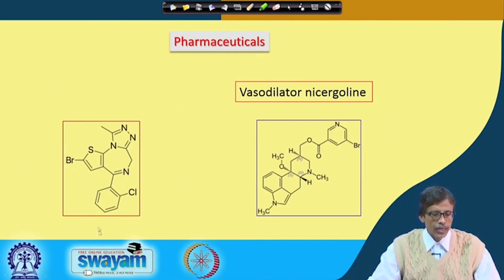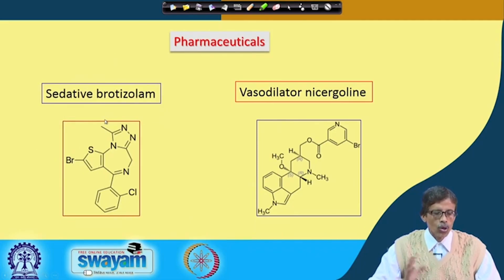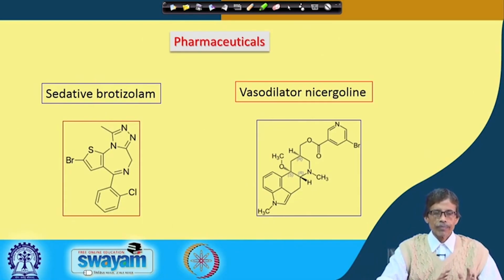Again, if we consider that the whole molecule is R and R is attached to H, RH can be converted to RBr, which is again a drug responsible for sedation, so it is a sedative, brotizolam,